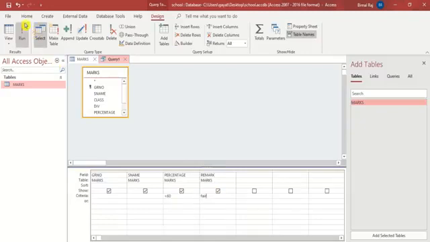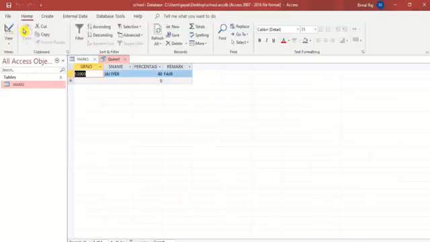So two conditions, and I click on the run, and so there is only one person who has got less than 40 and condition as fair. So this way I can run multiple queries, that is multiple conditions in the same query. That also can be done very easily with the help of queries.